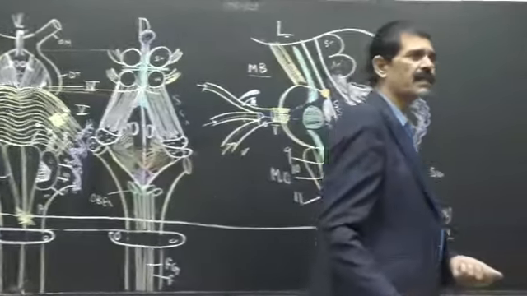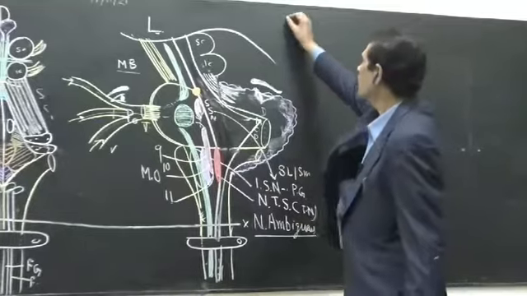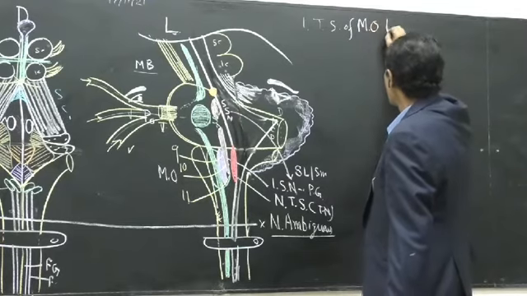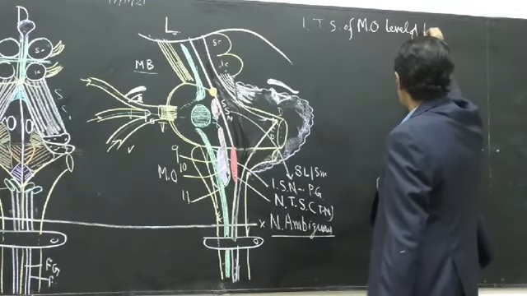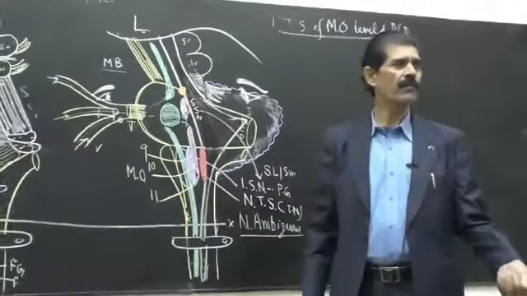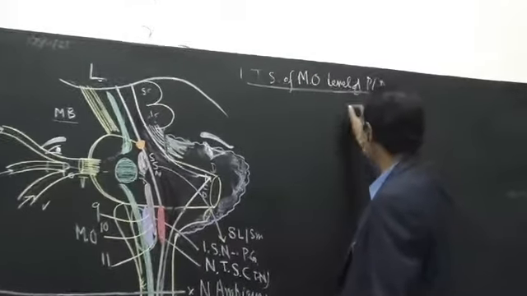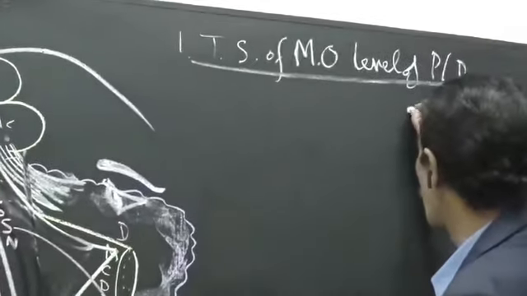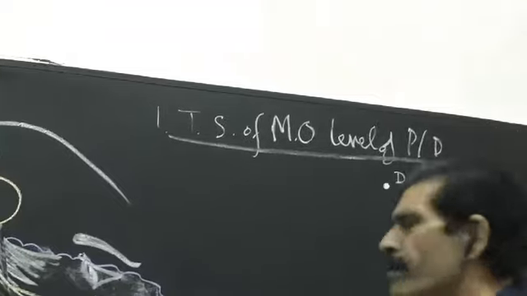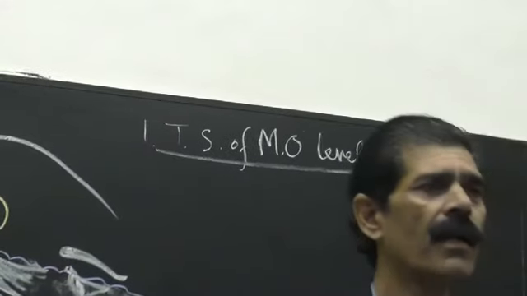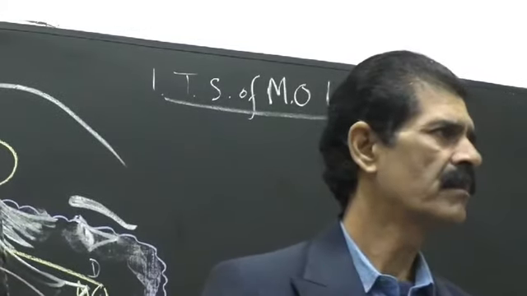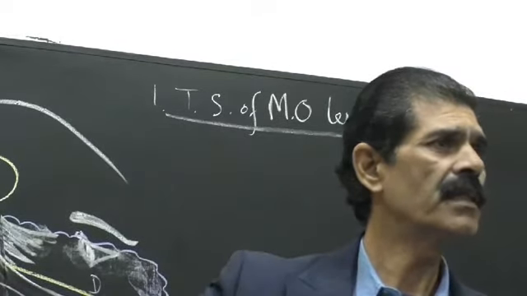So in order to draw the line diagram of this transverse section, number one today, transverse section of medulla oblongata at the level of pyramidal decussation. So whenever a question comes, draw and label, or write a short note. How to draw this? First you take the two axes, two points. One is dorsal, other is ventral. This is how to draw the diagram. There is no rectification of the diagram, you will forget. There is a basis of these diagrams, the outline of how to draw them.